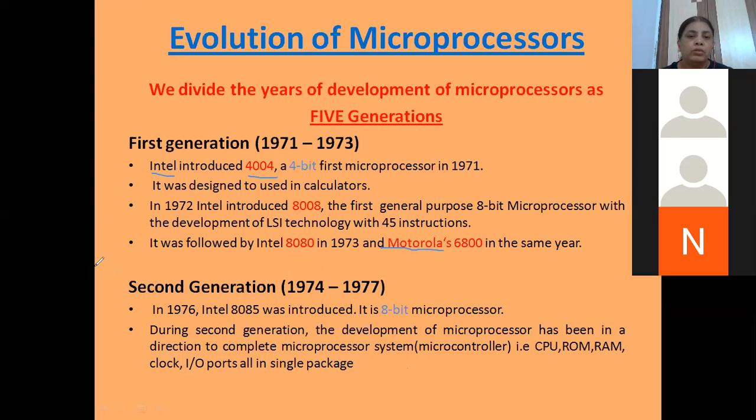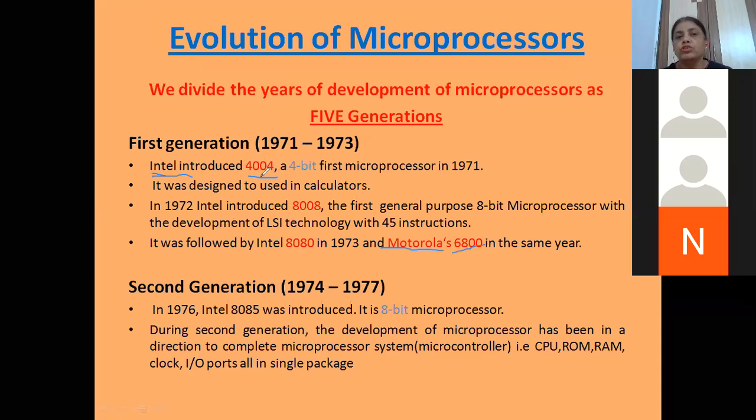So if you can't learn all companies' numbers, at least you should know the Intel microprocessor, because till now we are using Intel microprocessors. 90% of the market is with Intel. तो इंटेल का ही एक एग्जाम्पल भी अगर आप हर जनरेशन का लिखते हैं, then you will get full marks. Okay, so